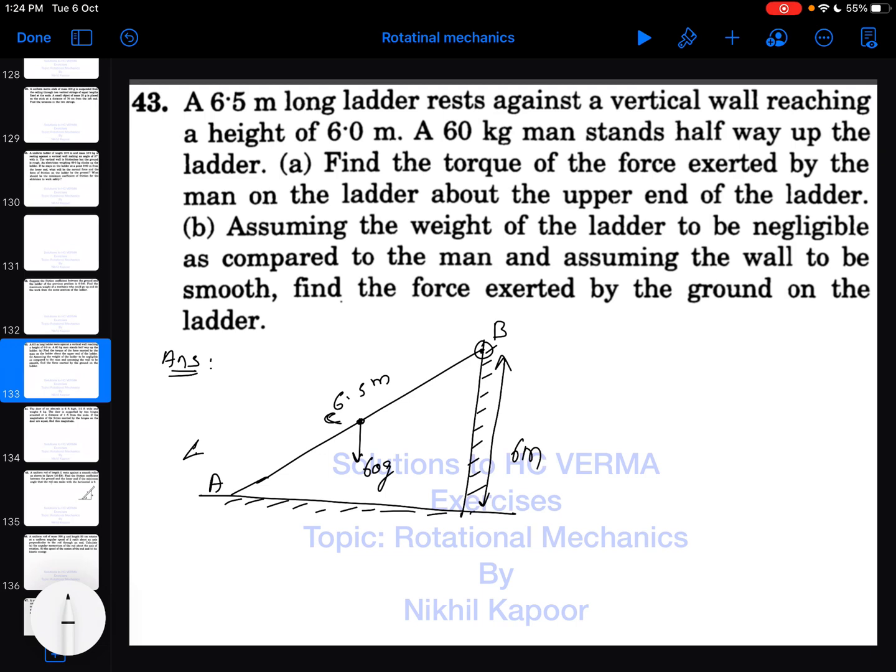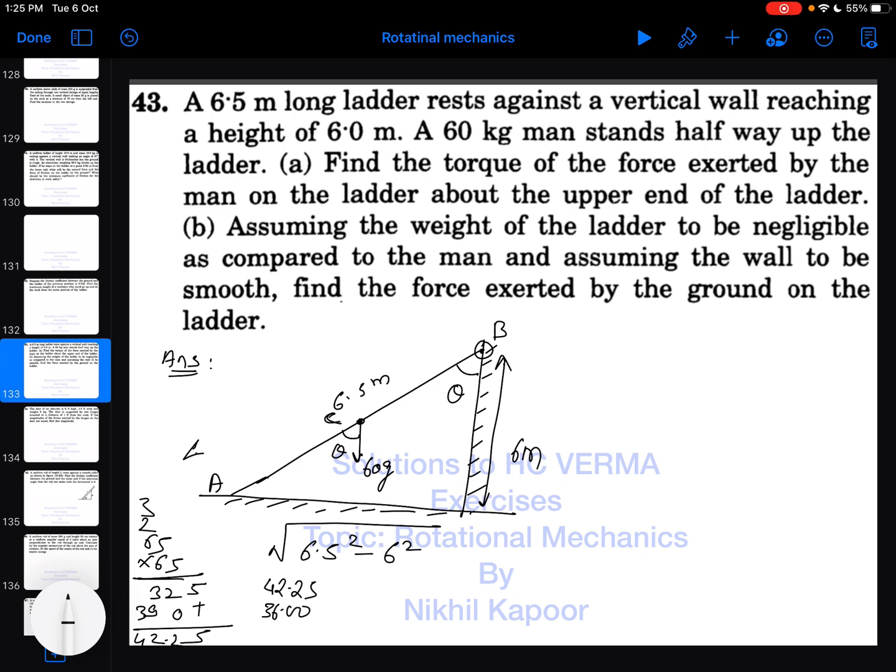So here, first of all we need to find this angle. If this is theta, this angle will also be theta. So the third side will be equal to the square root of the hypotenuse squared minus 6 squared. So 6.5 squared minus 6 squared. Let's find in the rough work what is 65 multiplied by 65. 5 5s are 25, 2 carry, 5 6s are 30 plus 2, 32, 5 6s are 30, 0, 3 carry, 6 6s are 36 plus 3 would be 39. Decimal point after 2 digits, 42.25. The square of 6 will be 36.